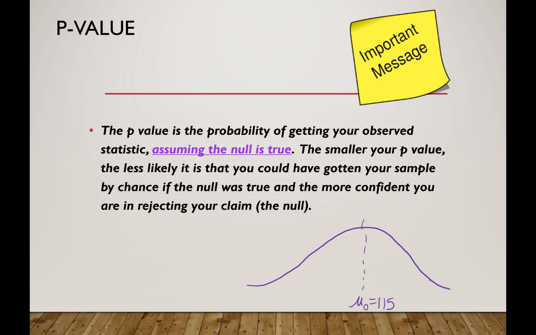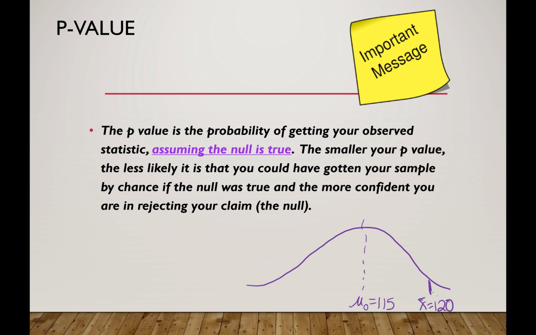So let's say I got a sample down here, and I'm not sure what value would give us this sample. So let's just say our sample was 120, okay? So I don't know the standard deviation, so I'm just going to say,